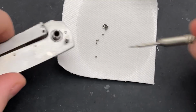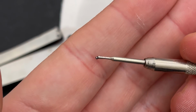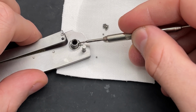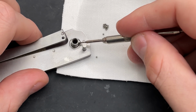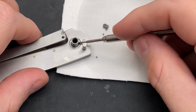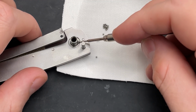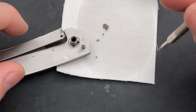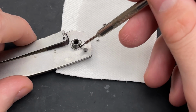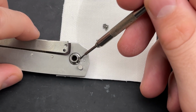Okay. So I'm keeping this guy right here. And then what I'm doing is I'm using this little piece and I'm just picking up one individual bearing at a time. I'm just going to set it inside there. And the goal here is going to be to have it... Oh, come on. I think these bearings are actually magnetized, which is just not a joy. I may have to take a different route, but for the moment, this is working. No, okay, good. My goal is just to have...